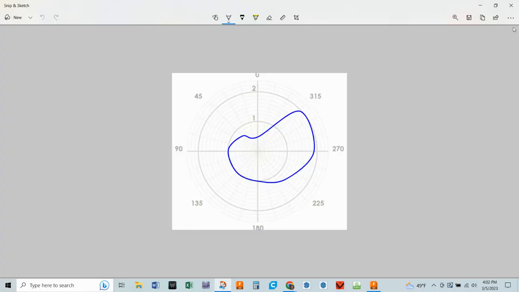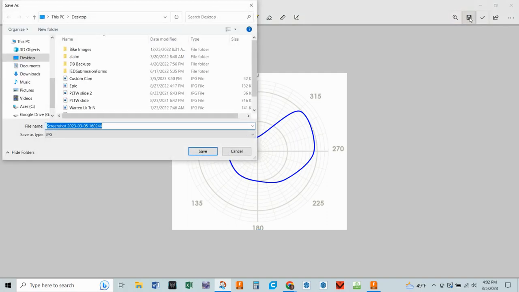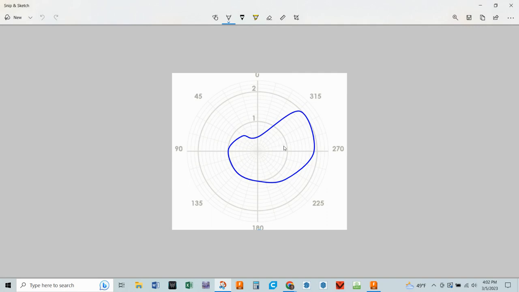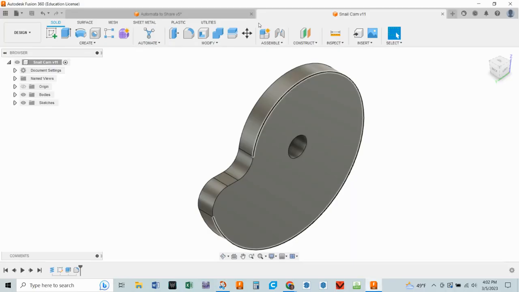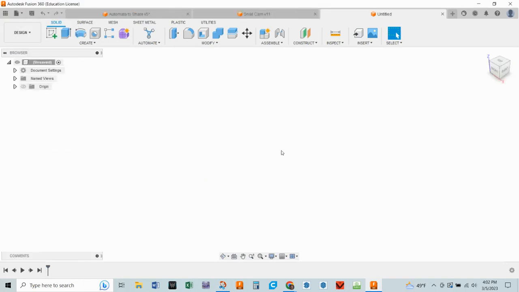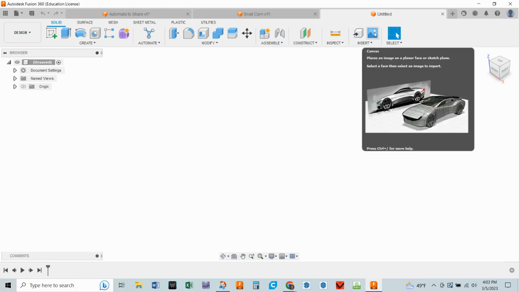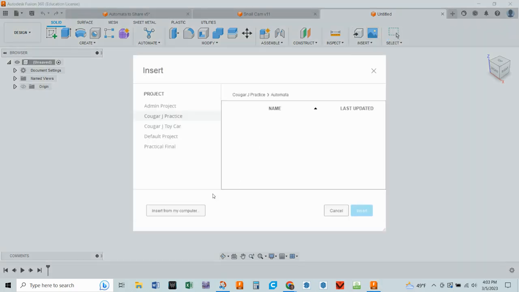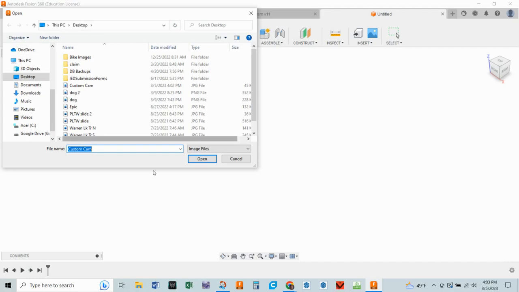Okay. We're going to save this to your desktop. I already have one saved, but you're going to save it there. And now in Fusion, I'm going to start a new file. Okay. Now, before we do anything, we're going to insert that picture. So we're going to insert the canvas, find that file that you just saved,